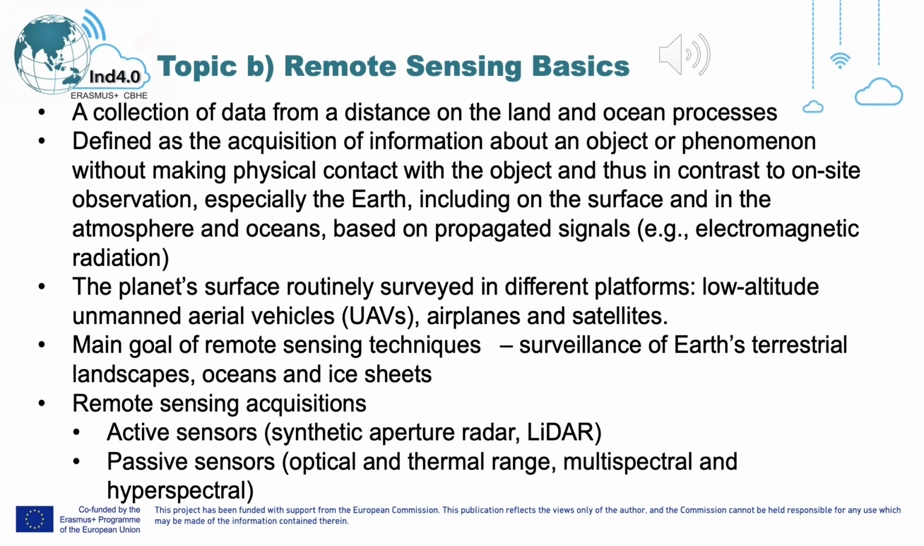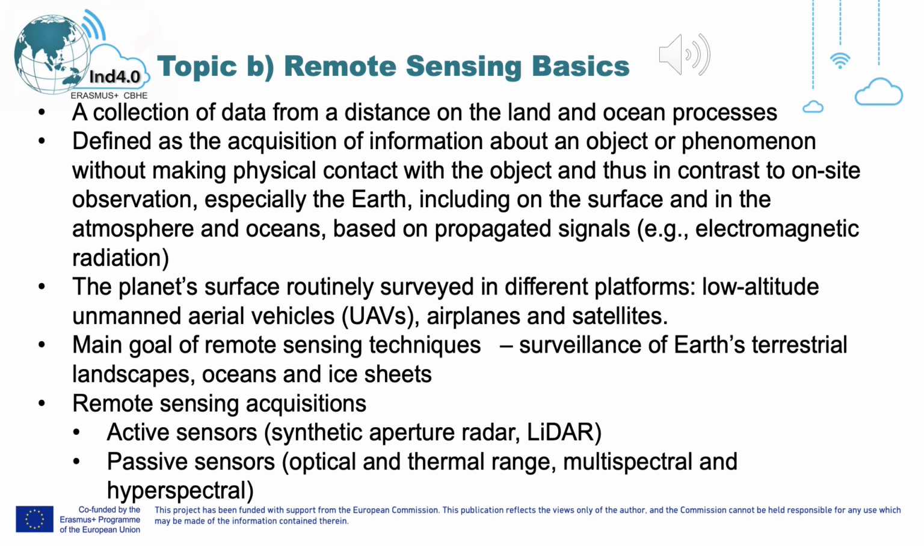So what are the remote sensing basics? Remote sensing is a collection of data from a distance on the land and ocean processes. Remote sensing can be defined as the acquisition of information about an object or phenomenon without making physical contact with the object, and thus in contrast